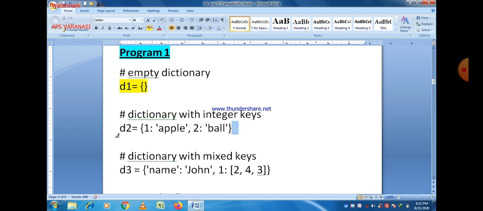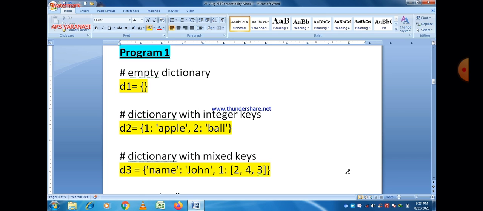Second, dictionary with integer keys. As we know that integers are immutable data types, you can easily see that the first key is 1, and the value regarding that key is apple, which is a string, and the second key is 2, and the value regarding that key is ball, which is also a string, and both key-value combinations are separated by a comma sign.